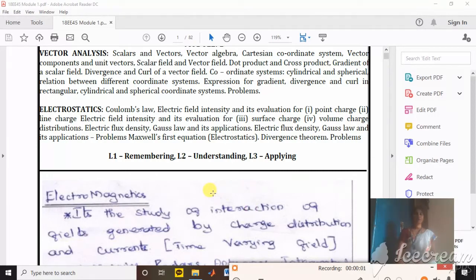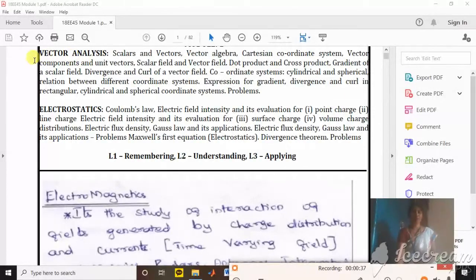Today we are going to see about the basics of electromagnetic field theory. Under this, as a first step, we are going to see the vector algebra and different types of Cartesian system. What are the parameters involved in the Cartesian system, what is a vector component, how we can calculate the vector component and unit vectors, what is meant by a scalar and what is meant by a vector, what is the difference between dot product and cross product, what is the gradient of an electric field, what is meant by divergence. So using this we will be solving some basic problems.